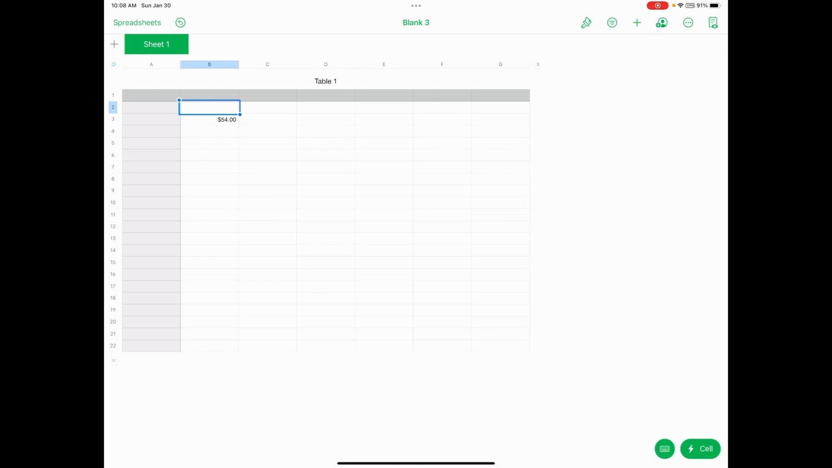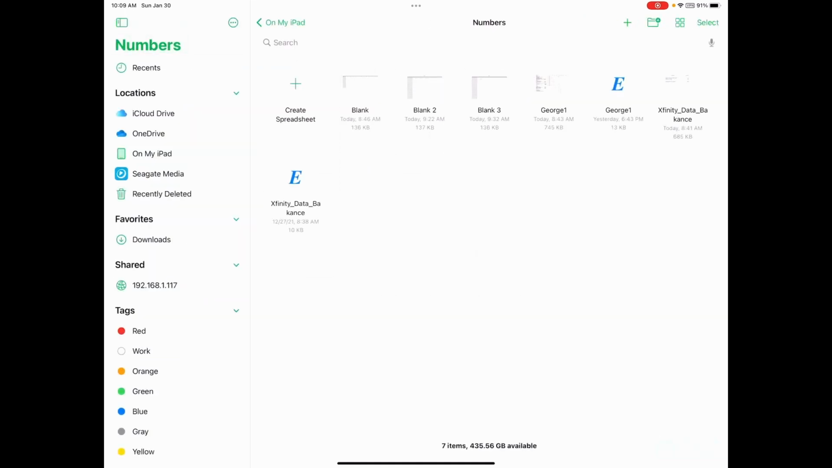So let's start fresh. If you have something open, look in the upper left-hand corner where it says Spreadsheets. Once you see Spreadsheets in the upper left-hand corner, I'll give you a minute to find it. You tap on that. I don't know if you're using the pencil or not, but you might want to use just your finger for this one so you can match what I'm doing. You can tap on Spreadsheets, and it'll take you here